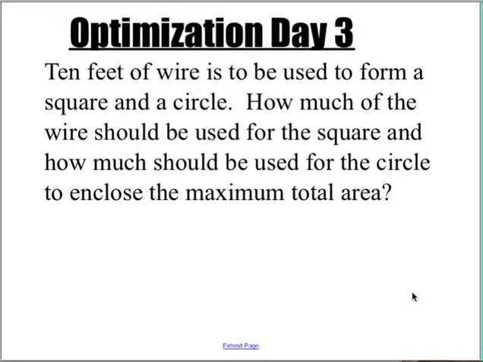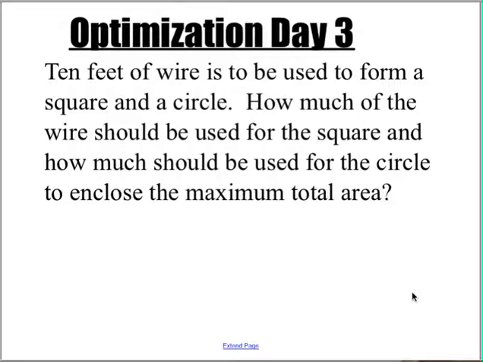This video is just going to walk you through one more example of optimization. It's going to be a little bit different than the problems we did before spring break. This is going to be tied to the assignment on page 388, numbers 3 and 4. The reason I separated 1 and 2 from 3 and 4 is because there are some differences in how you should